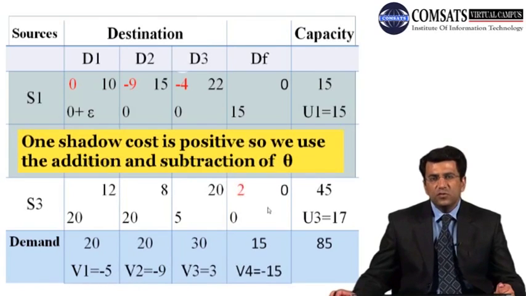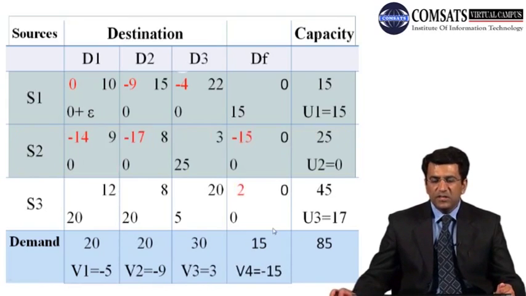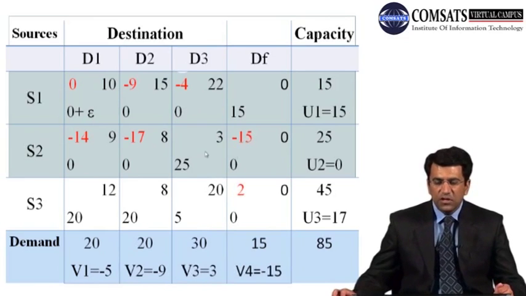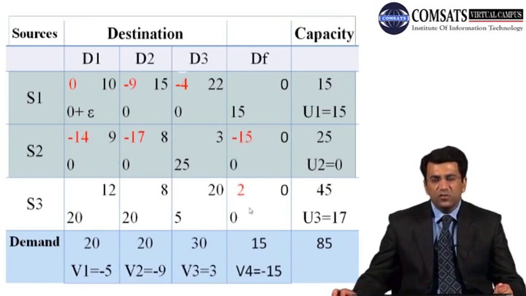So class, you must recall the condition of optimality, that the condition of optimality for the shadow cost is that all the shadow costs should be negative. In that particular case, we can have an optimal solution from this particular table. But as you can see, out of these different shadow costs which we have computed, there is one shadow cost which is positive, that is +2. So it means that this table will not give you the optimal solution, and again we'll have to repeat this particular step. As you can see, the shadow cost for one of the cells is positive, that is +2.